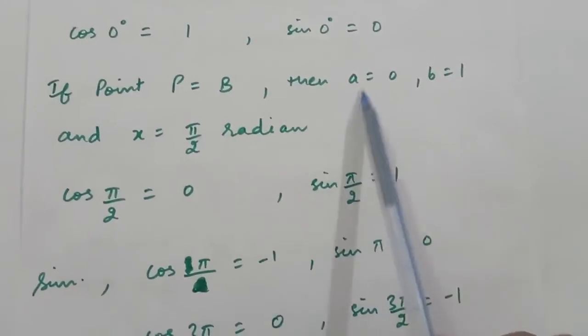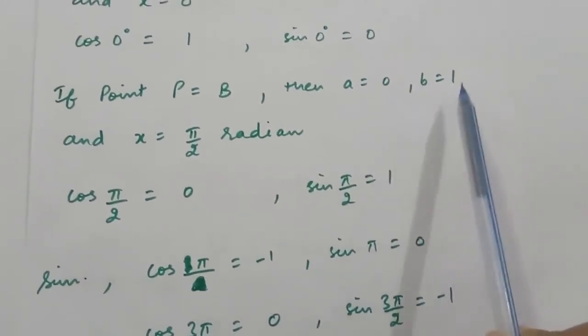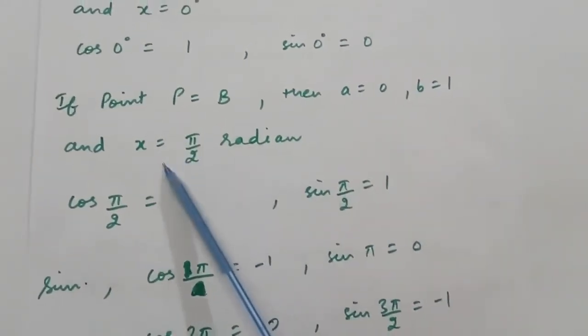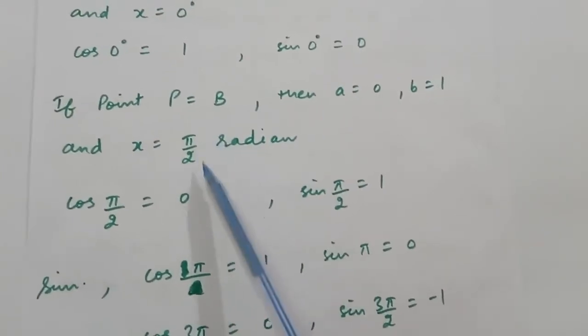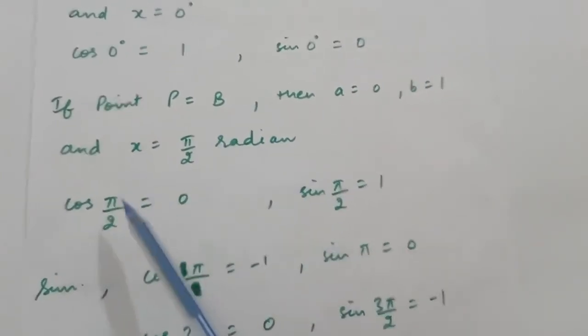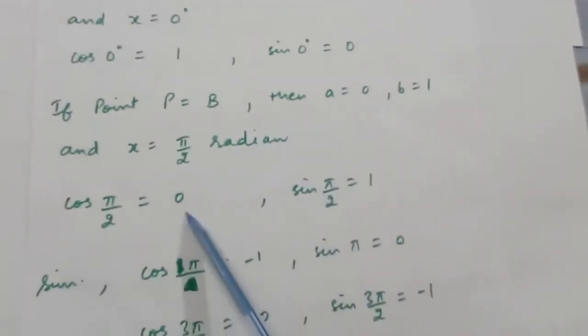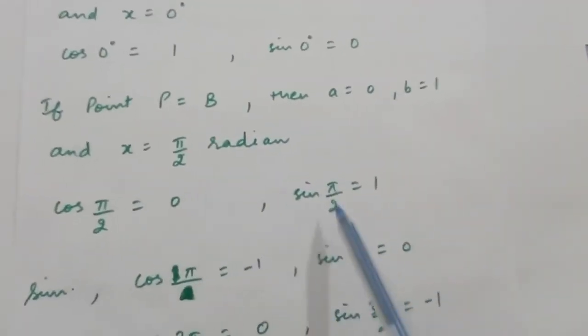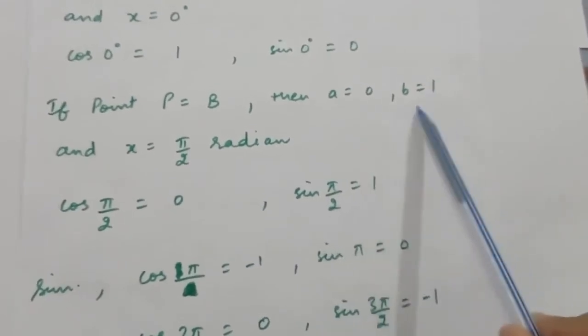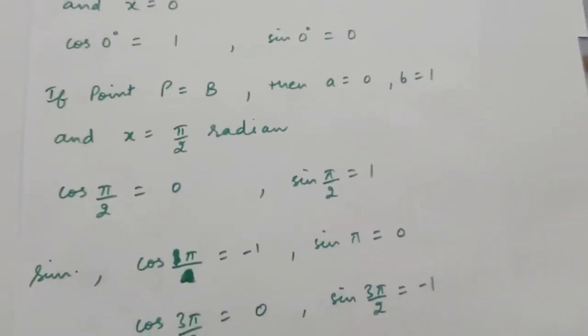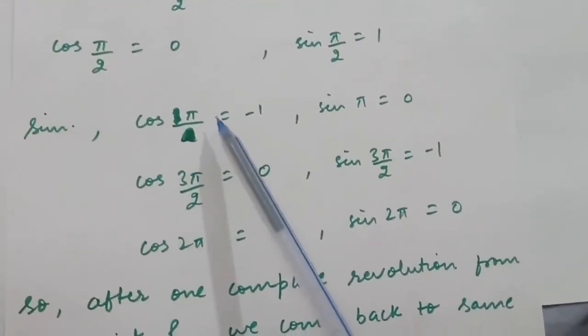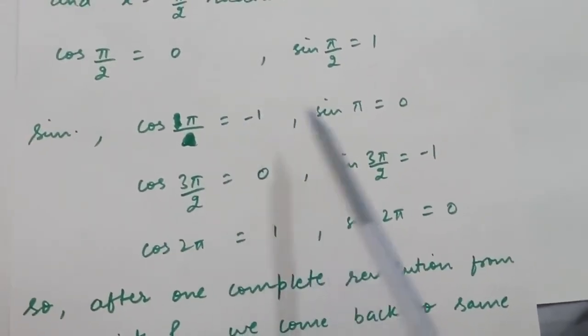So when point P is equal to B, A is 0, B is 1 and X is 90 degrees, or we can say pi by 2 radian. So cos pi by 2 is equal to A, which is 0. So cos pi by 2 will be 0. Sin pi by 2 will be 1 because B is 1. Clear? Similarly, you can find out for pi and 3 pi by 2 also that cos pi is minus 1, sin